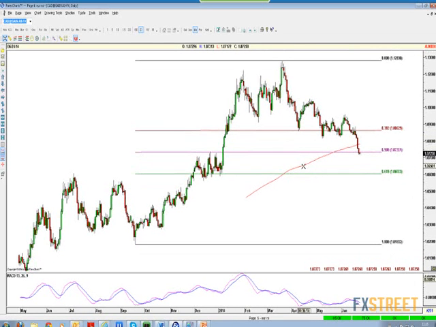So as you can see, we got through the 200-day moving average. Friday was a big day for the CAD, right? A big move lower in dollar CAD, and that came on the back of stronger than expected Canadian CPI. So we got through the 200-day moving average. We got through key resistance at